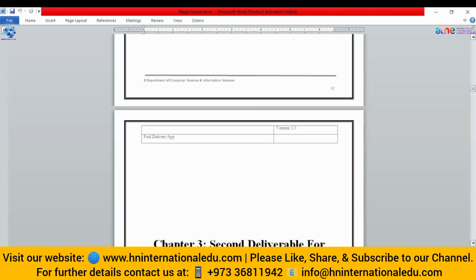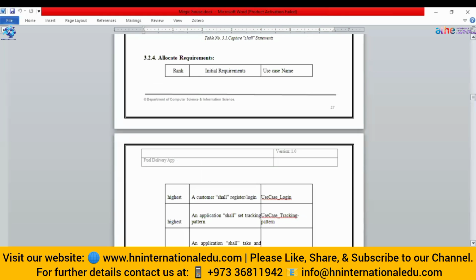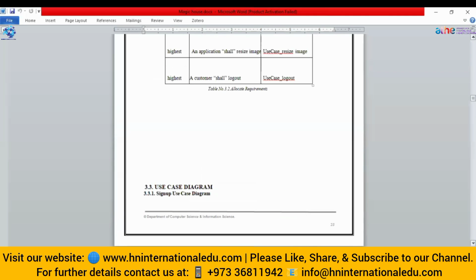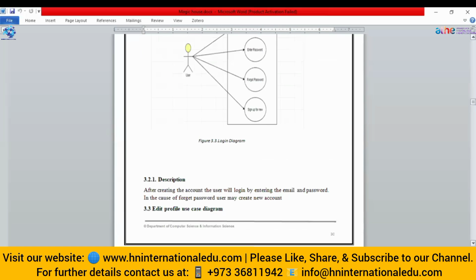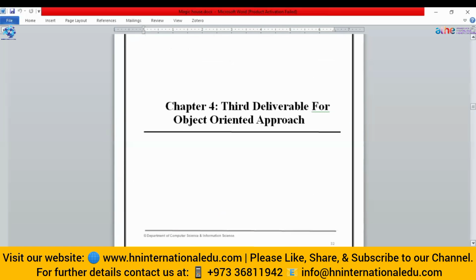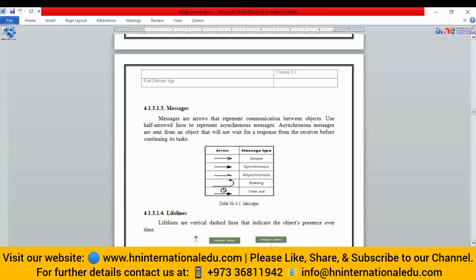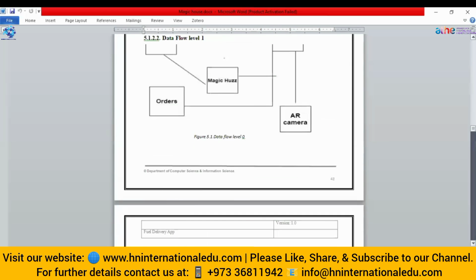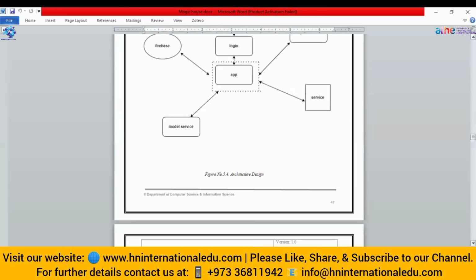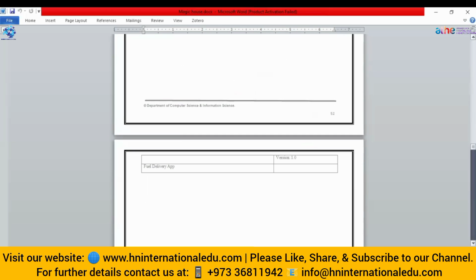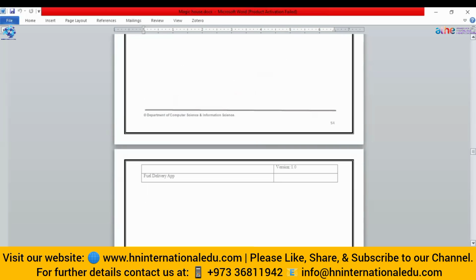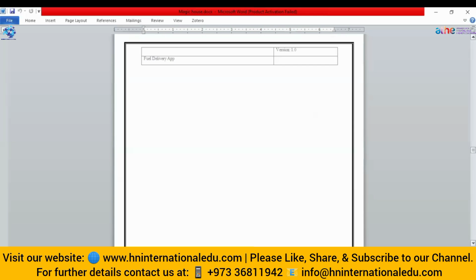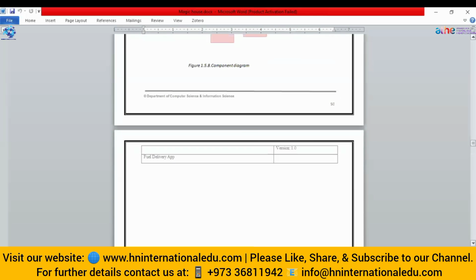Then after that, let me show you. These are the test scenarios that I showed you, like our customer shall log in to the system. In this way, we can create the use cases for that. So let's move towards the test plan. These are all the diagrams that you may study further. I think the test cases are not mentioned here.